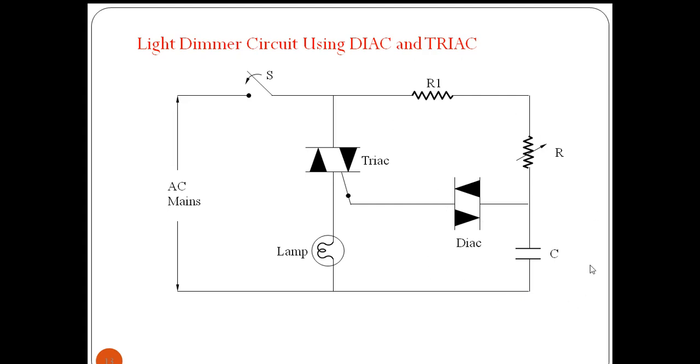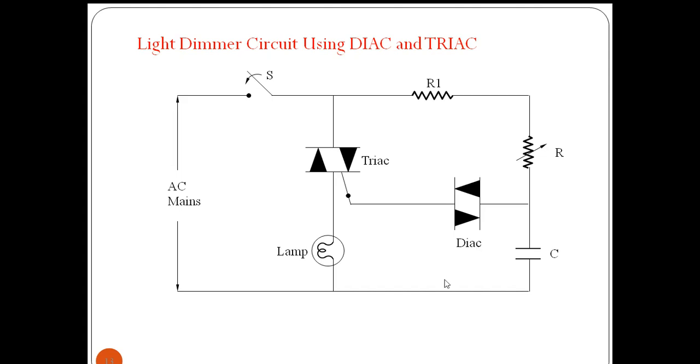This circuit forms the firing circuit for the triac. This firing circuit is activated when the diac is in conduction, and the conduction of the diac depends on the RC circuit. Initially, when the switch is closed, the current flows through R1, the variable resistor and the capacitor, and goes into the supply mains. Whenever the current goes in this path, the capacitor gets charged.